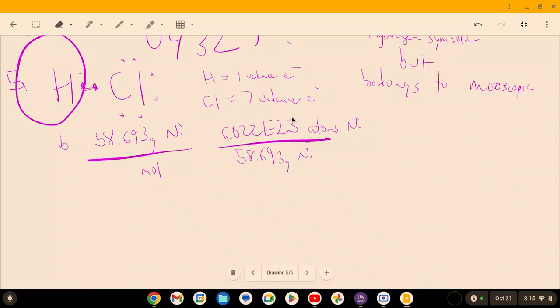This is correct, but it might be a little counterintuitive because it probably wouldn't be taught this way. What I'm saying is that for 58.693 grams of nickel, I get 1 mole. And at 1 mole, the conversion I skipped was